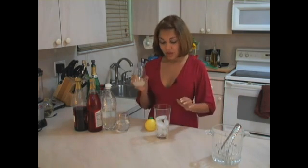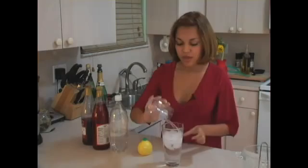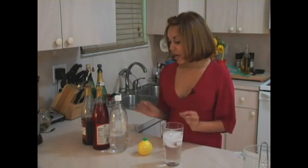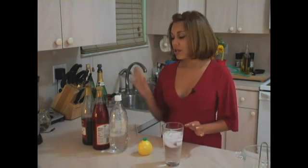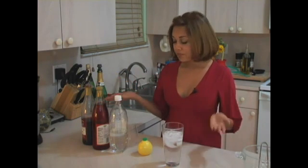Mix in the lemon juice with the club soda. There you go. Now I'm going to use the pomegranate mix. But like I said in the beginning, you can either use pomegranate or